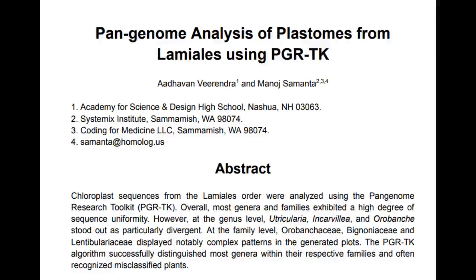The third pattern I have shown you is the set of plastids which are not correctly matching the rest of the sequences within the genus, and most likely that's because these plastid sequences or the plants themselves are from a different genus. They are either misidentified or they have a sequencing error. I don't know what the cause is. And then I have shown you a number of interesting plants, the parasitic types and the Utricularias, the carnivorous plants. So overall, Lamiales has a number of patterns, but they match what I have seen from